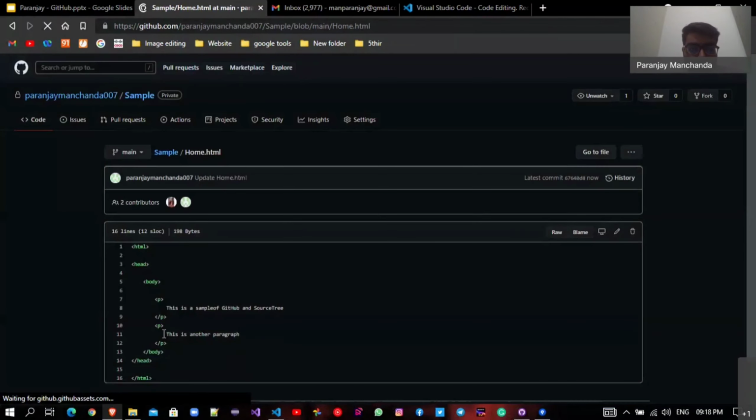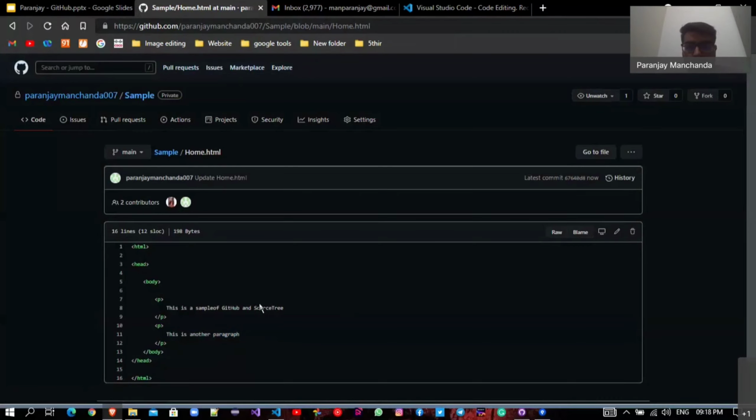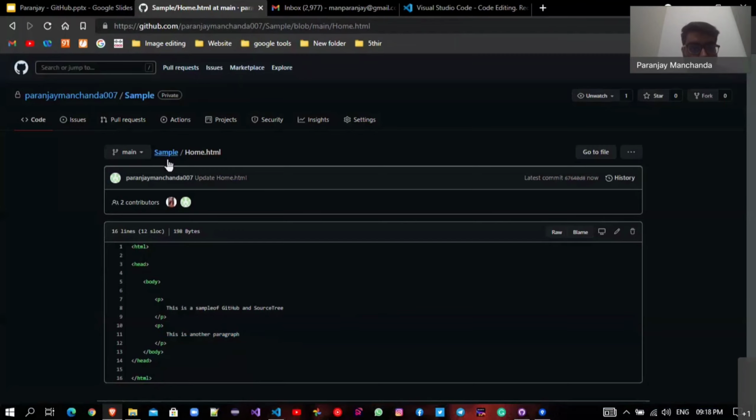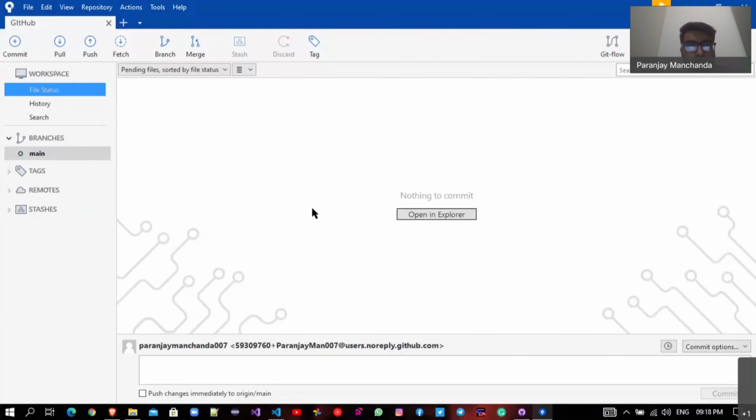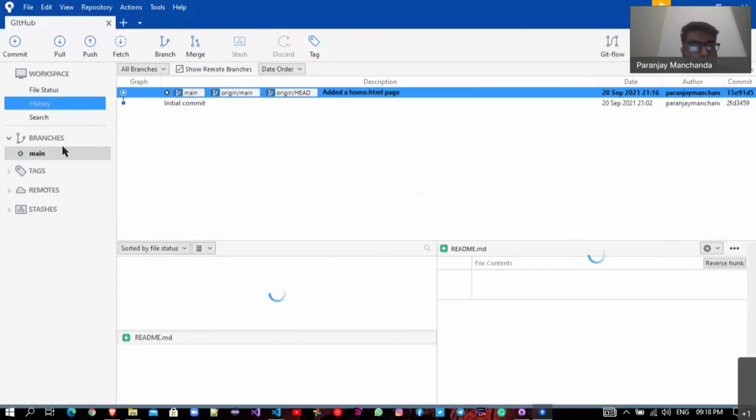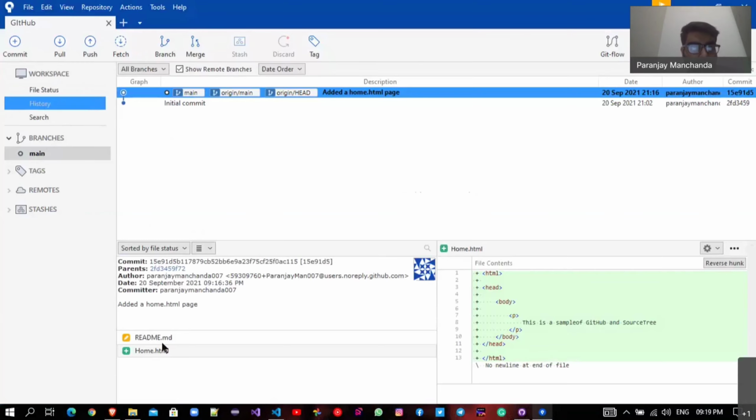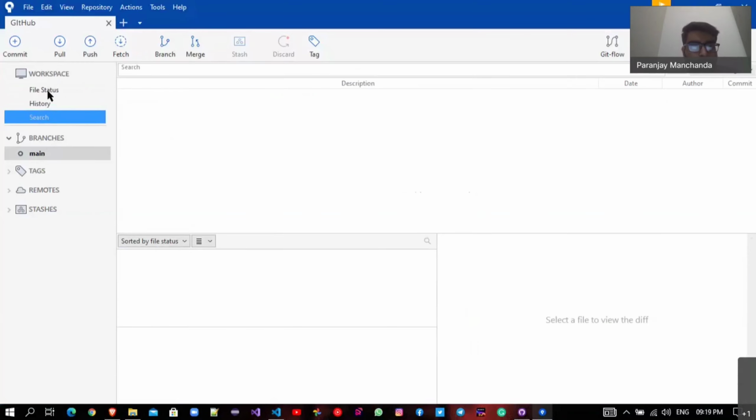So there, this is a paragraph, another paragraph. Okay, so we have made it just like now. So we check and we go in SourceTree. It will show the file status. In History, there are just two files in one place. And if we check